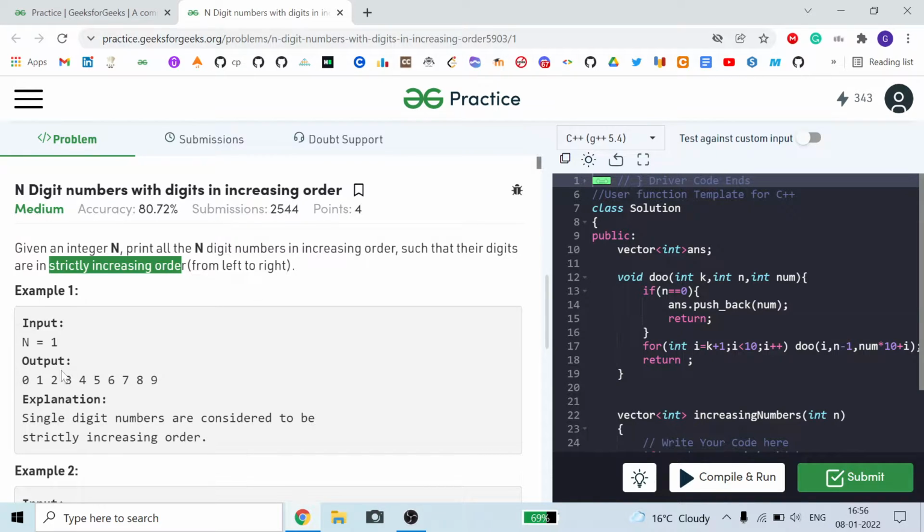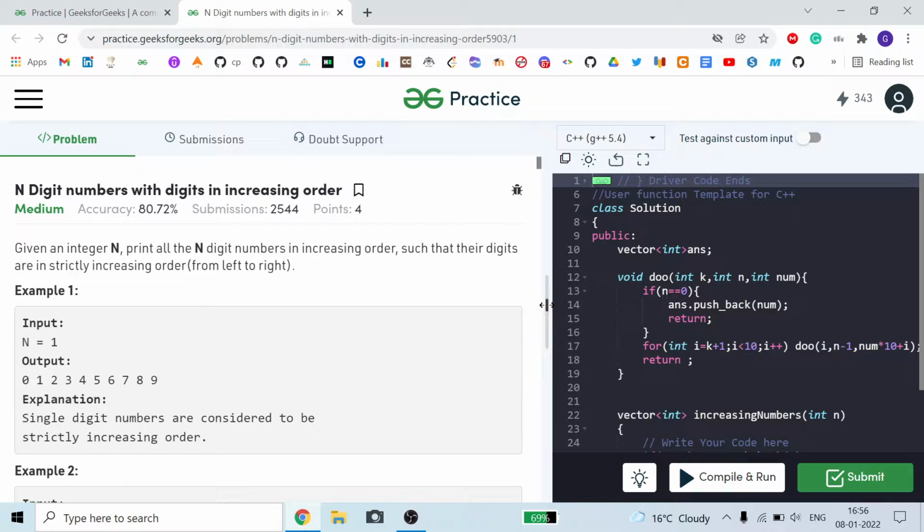So we have to print numbers that contain exactly n digits, and all digits are in increasing order. But 0 is only included when n is equal to 1, because you can see there is no two digit number starting with 0.